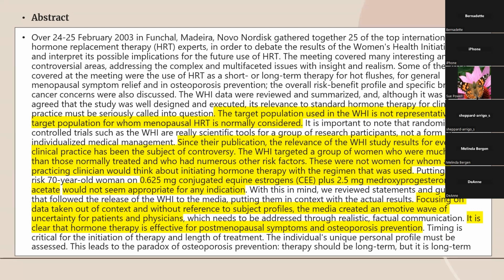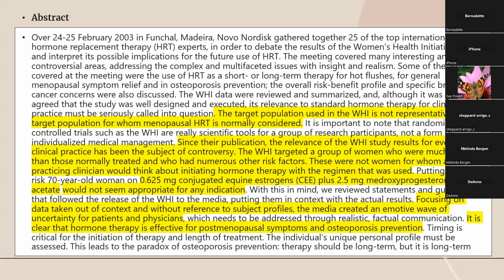The Women's Health Initiative targeted a group of women who were much older than those normally treated and who had numerous other risk factors. These were not women for whom a practicing clinician would think about initiating hormone therapy with the regimen that was used. 0.625 milligrams of conjugated equine estrogens plus 2.5 milligrams of medroxyprogesterone acetate, those are high doses, would not seem appropriate